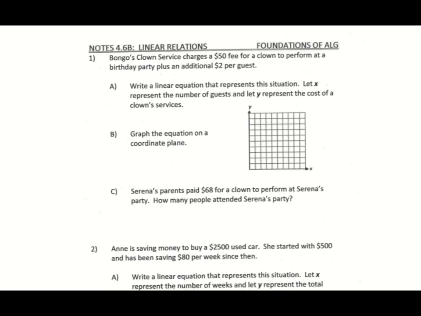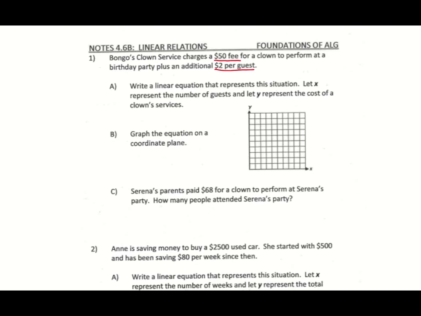In this section, we're going to look at some word problems using our information on linear relations. So our first question says, Bongo's clown service charged a $50 fee. So right away there, I have a $50 fee for a clown to perform at a birthday party. So each party, he charges $50, then plus an additional $2 per guest. $2 per guest. So that's another important piece of information I'm going to need when I try to write my